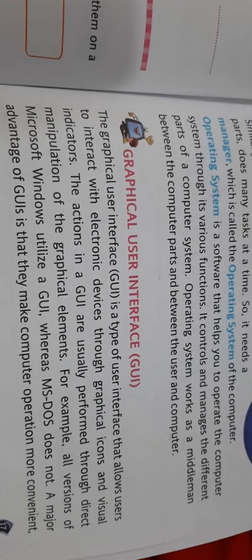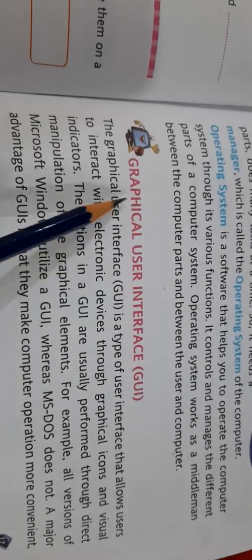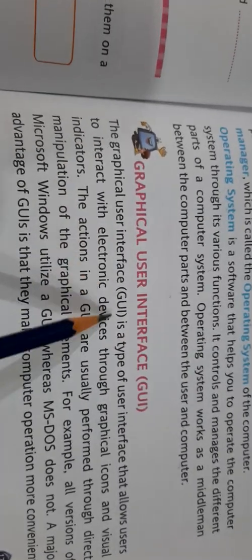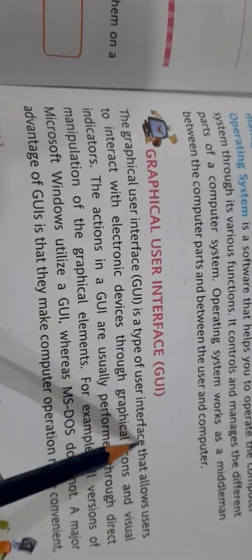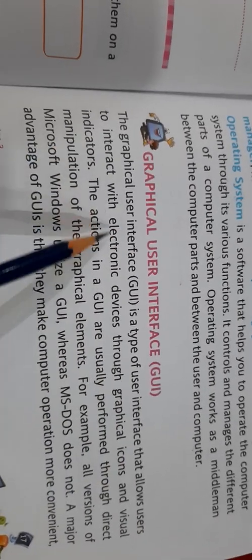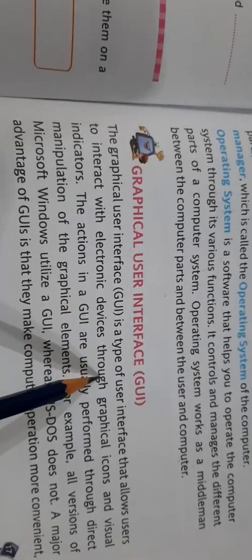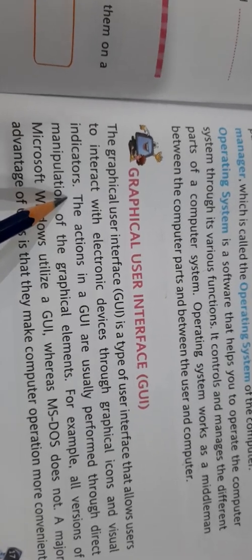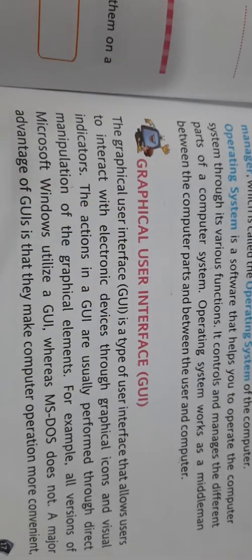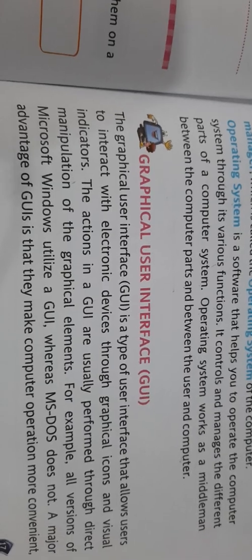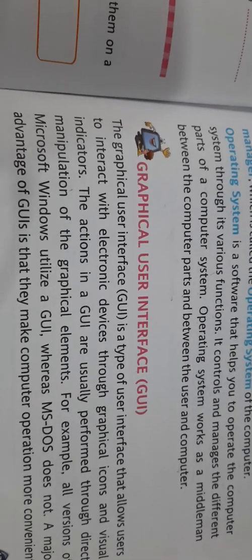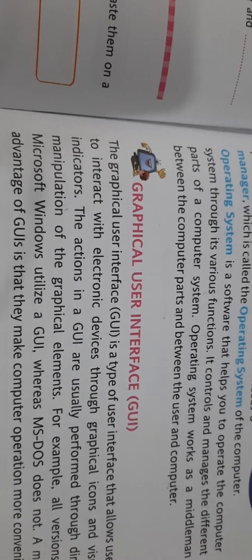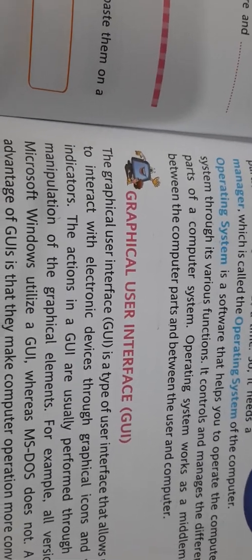After understanding what is operating system, let us see what is graphical user interface. The graphical user interface is a type of user interface that allows users to interact with electronic devices through graphical icons and visual indicators. Means it is a user interface, means when we deal with any machinery, there is some way we can give the instruction to that machinery as to how it will perform